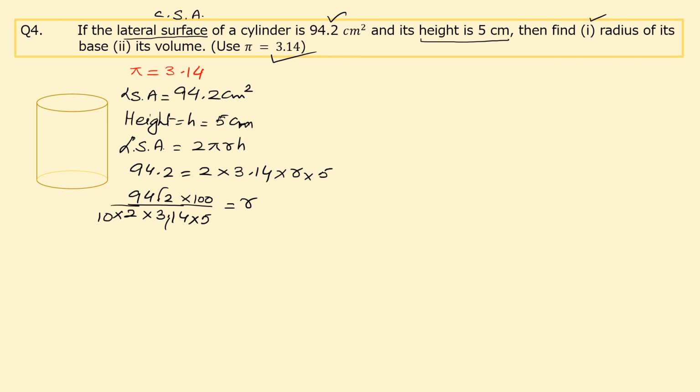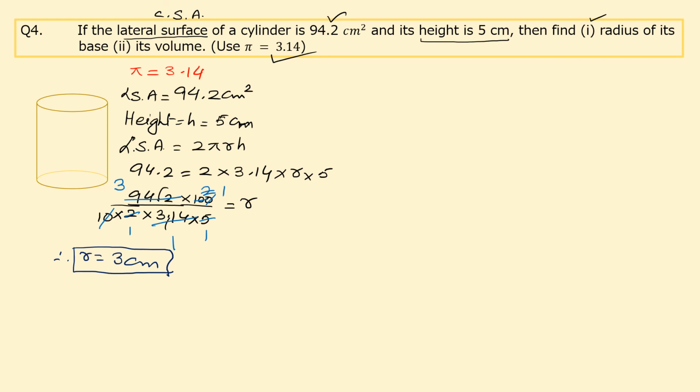Right, now let's do the cancellation part. 314, अगर आप इसको 3 से multiply करोगे, you get 942. This 0, they are cancelled out. 5 ones are 5, 5 twos are 10. This 2 and this 2, they are cancelled out. So we are left with 3 only. So therefore, r is equal to 3 centimeter. Calculation आप अपने आप कर सकते हो, ठीक है बेटे? Okay, now first part is done.